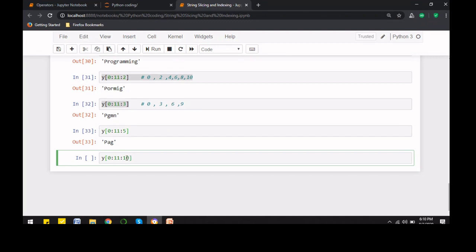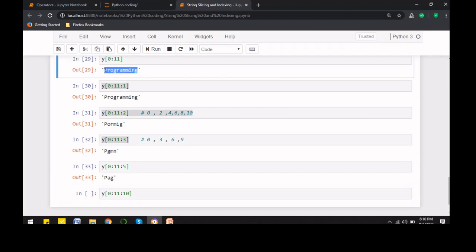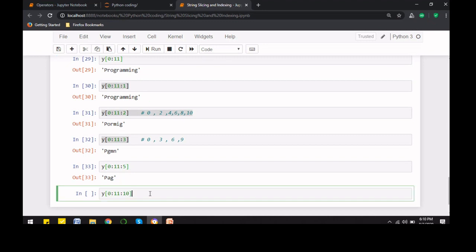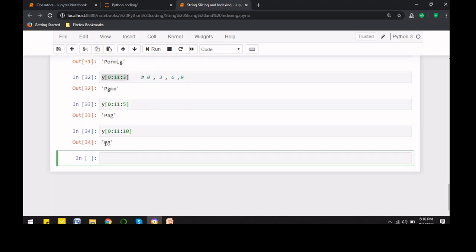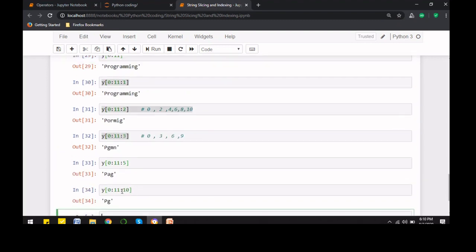So if I provide a margin of 10, then let's see what will be the output. P is the 0th location and G is your 10th location. So what will be the output? Let's see. P and G, right? Because after adding 10 to 0, see what the different indices will be. First will be 0, and then 0 plus 10 is 10.